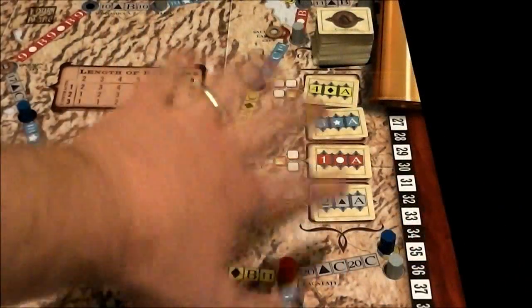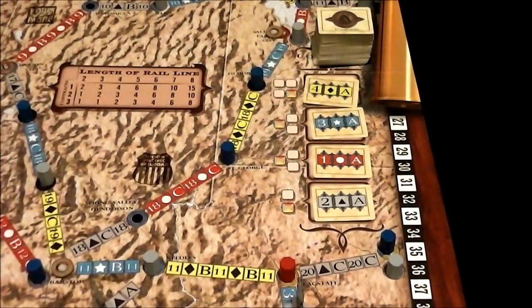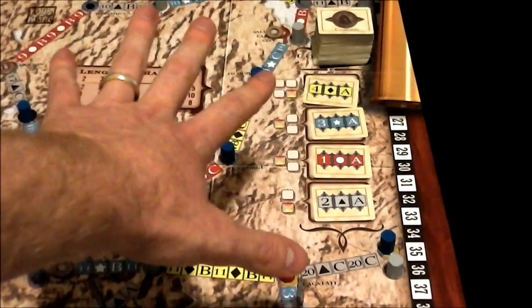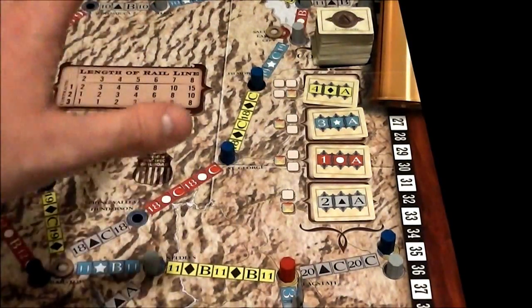So the first thing we're going to look at are these contract cards. And I'm just going to jump into all the different types of actions you can do on your turn. One thing that you're going to do a lot of here is grab these contracts. So you can see I've got a large deck of cards there, and it's not going to be that big when you play the game, because depending on the map that you choose, and I should say this game comes